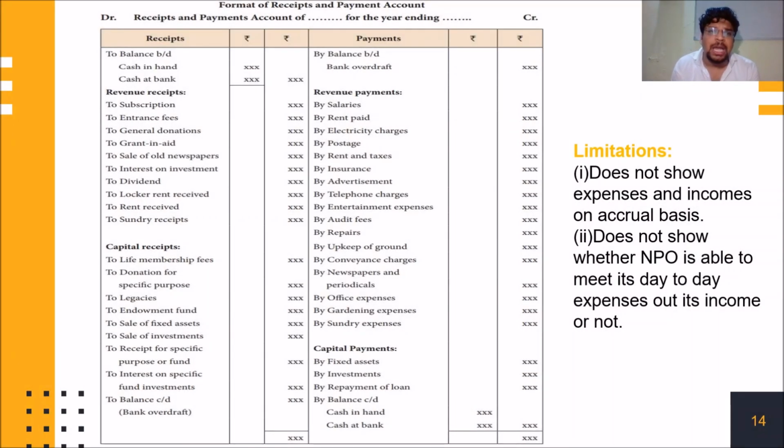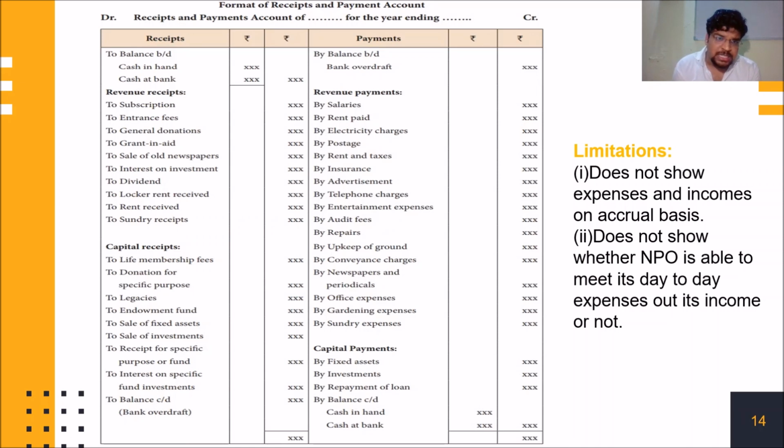Let's have a look at the format of the receipts and payments account. Let me tell you that this is the format you will encounter in questions. It may be possible that all the items are not given in the question, only a few items are given, but as this is the format, we have to understand each and every item in detail. However, here I am not going to get into the detailed meaning of every item, but we'll be talking about the treatment of that item, right? Okay, so let's see how we start.